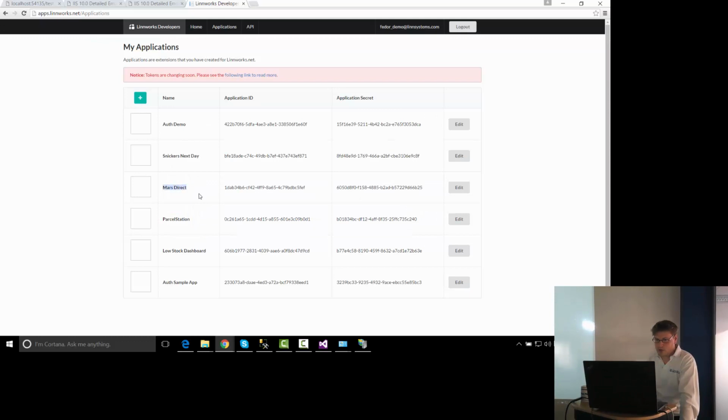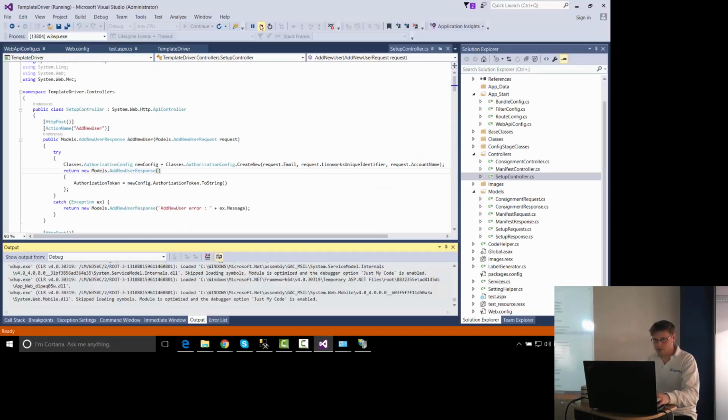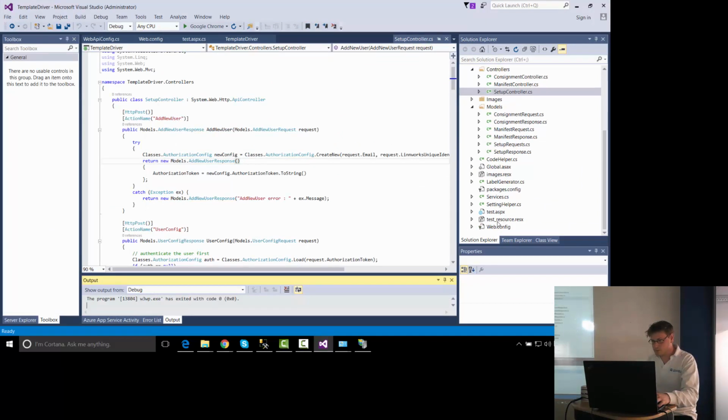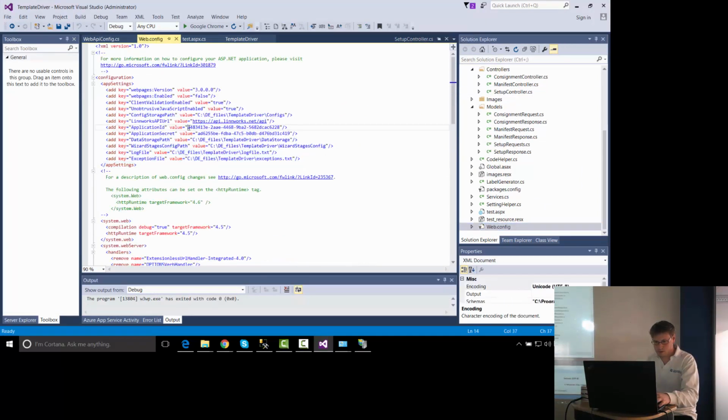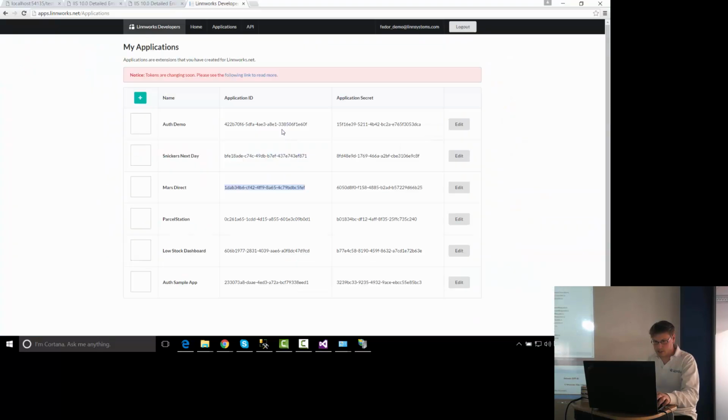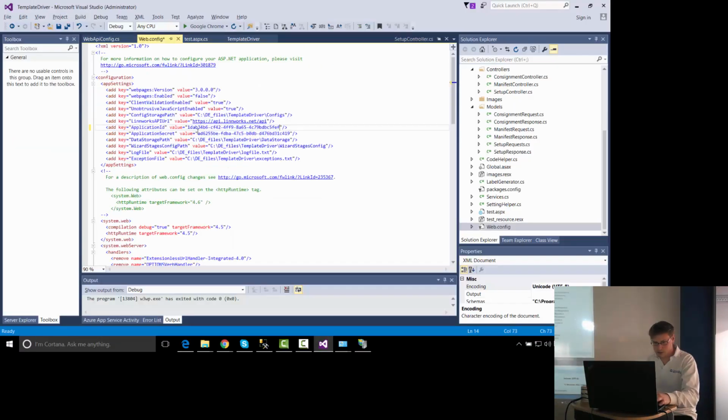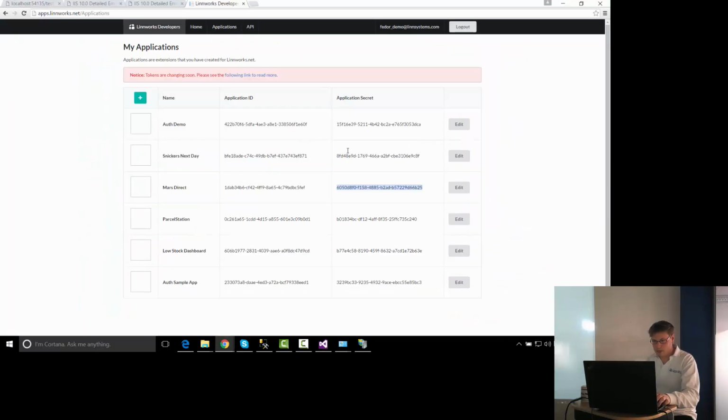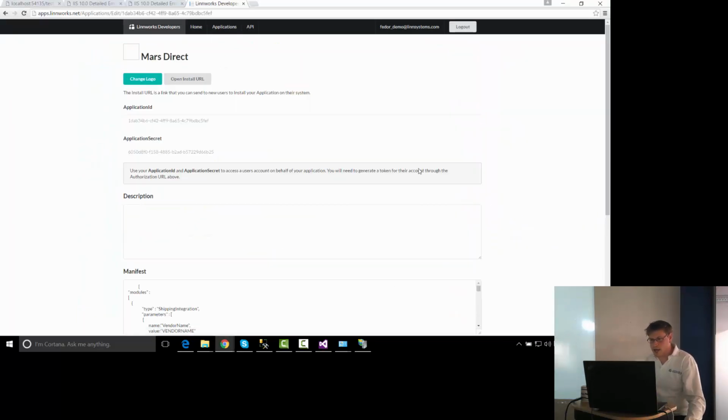So we created a new app called Mars Direct. Here's its application ID and application secret. Effectively, what I need to do is go and copy them into my configuration file. This is the app ID, and this is the app secret. And when I edit it,